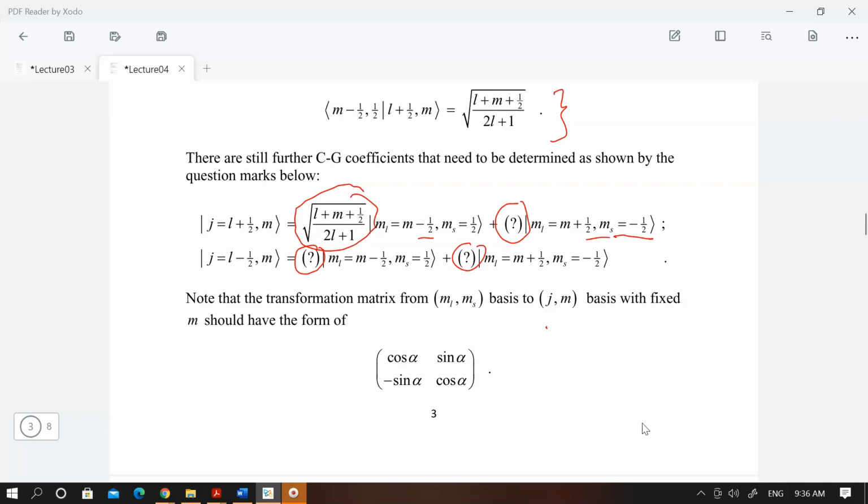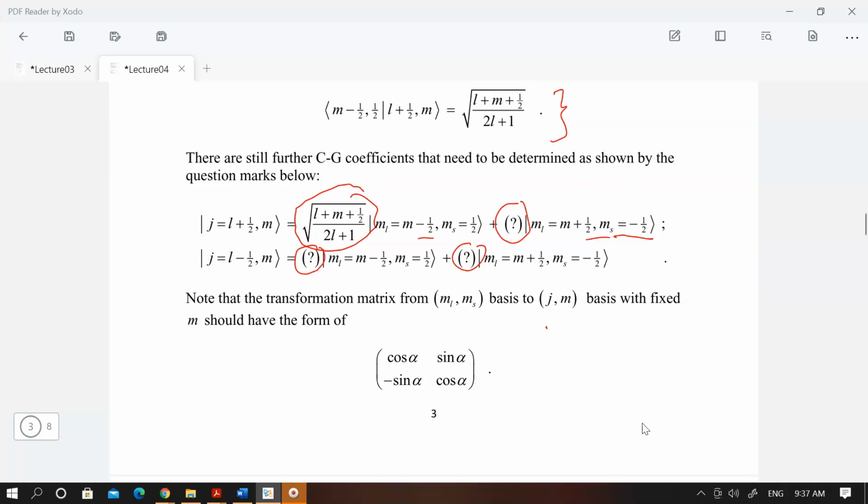So in other words, the orthogonal matrix for this kind of combination has 4 different elements, 1, 2, 3, 4,